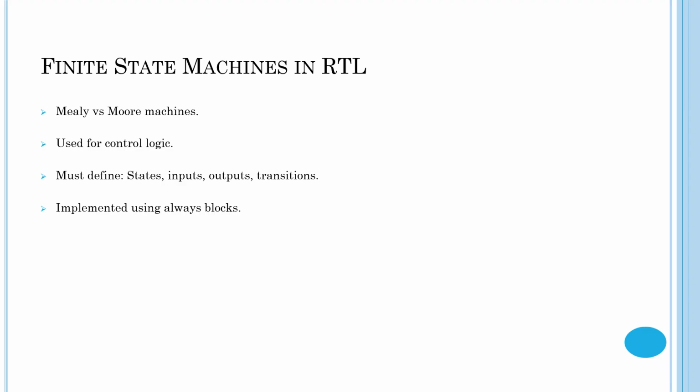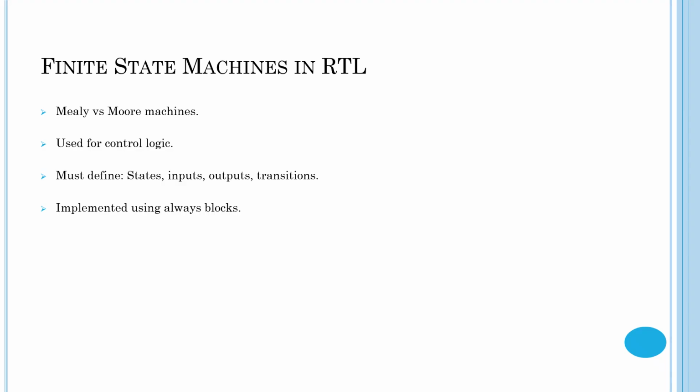To design an FSM, we must define a few components. First, states. These represent different conditions or modes of operation of the system, such as idle, read, or process. Second is inputs, external or internal signals that trigger state transitions. Third is outputs, the action or signal driven based on either the state, Moore, or state plus input, Mealy. And fourth one is state transition, the rule or condition that describes when the FSM moves from one state to